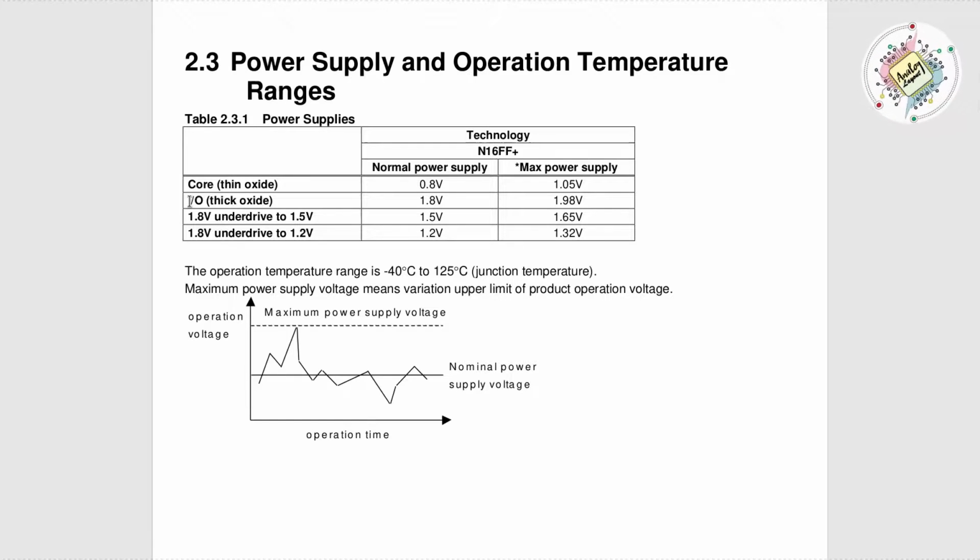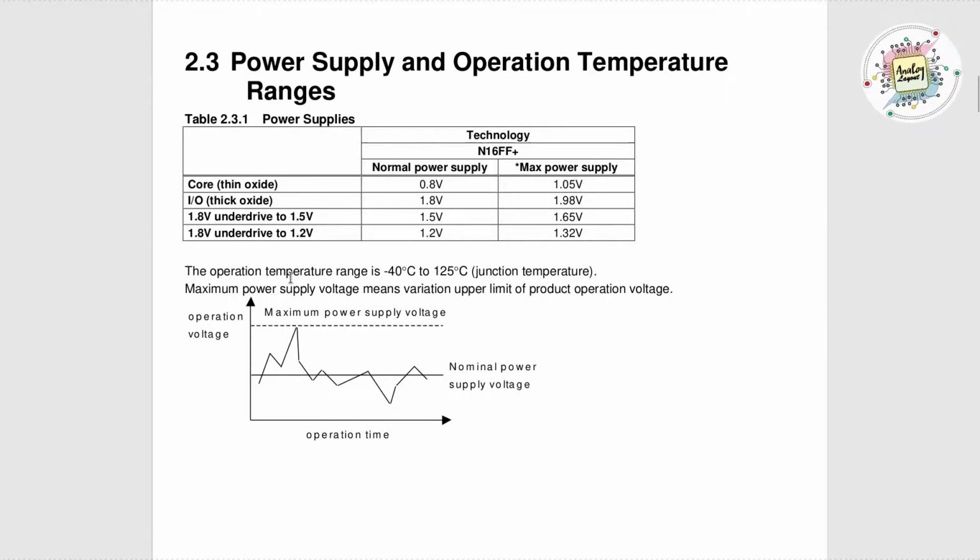So if designers or foundries are fabricating a device, the IO device will always be a thick oxide device. The thick oxide device will always work at as high a voltage as possible. 1.8 is the maximum voltage in this foundry's devices, so that's why they operate the thick oxide devices at 1.8, and the core devices operate at as low a voltage as possible. 0.8 is the lowest possible voltage in the FinFET technology, so they operate the core devices at 0.8 volt.